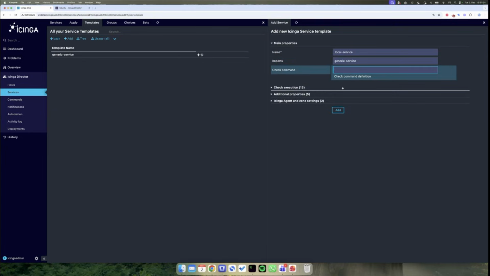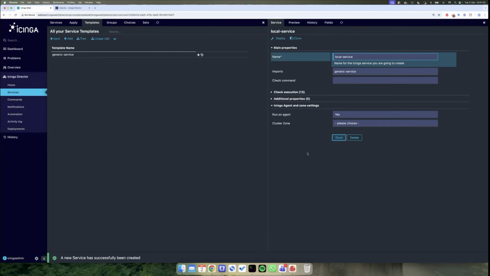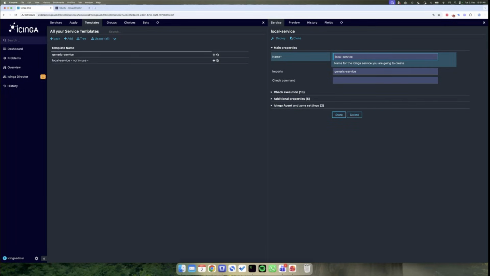I'll leave out the check command here. I'm gonna import the basics from the generic service, and here we have this setting run on agent, which tells Icinga that services created by using this template should be executed on the agent and not on the master. Now we have this template available, and we can create a new